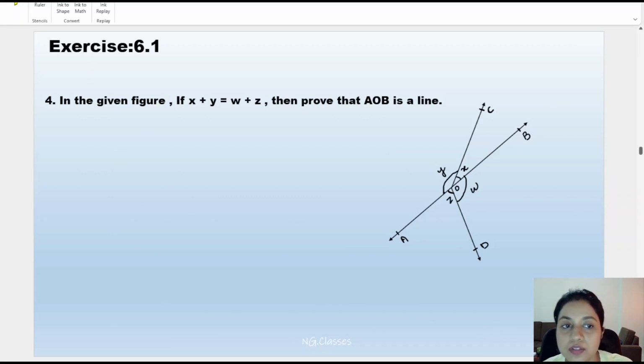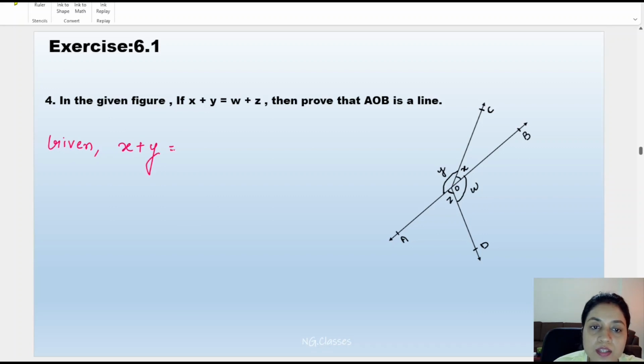So here our question says, in the given figure, if x plus y is equal to w plus z, then prove that AOB is a straight line, or it's a line. Okay, so we are given that x plus y is equal to angle w plus z, and we have to prove